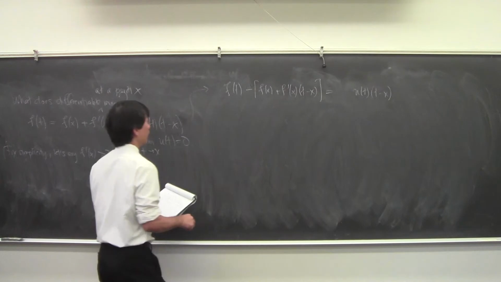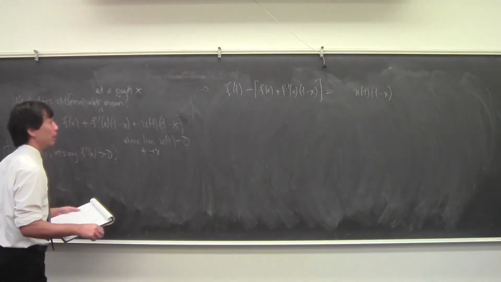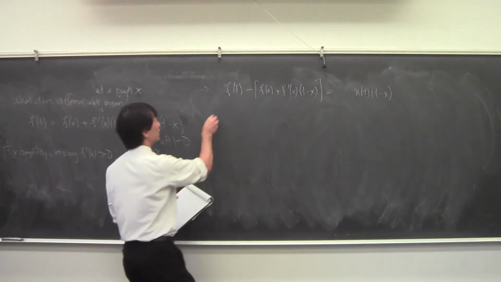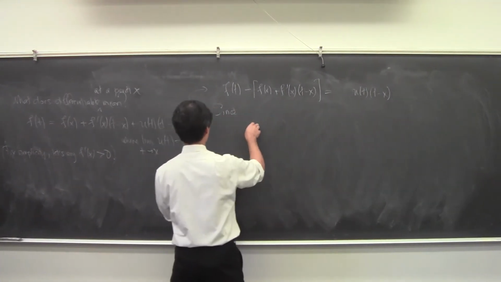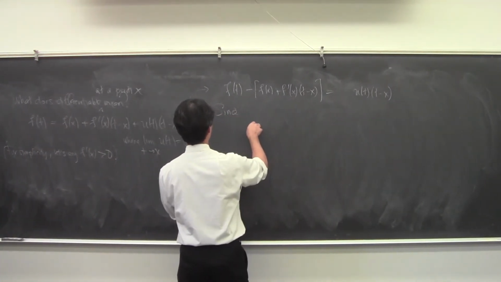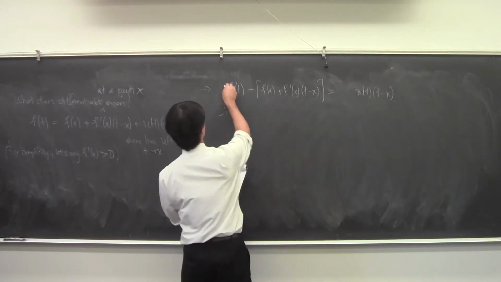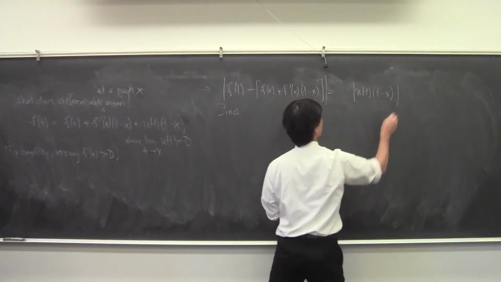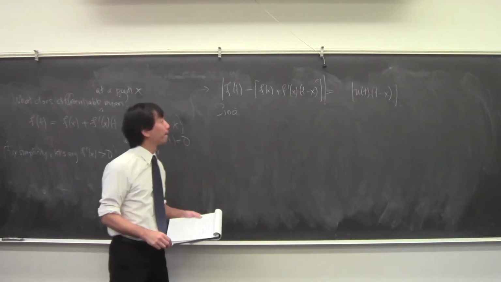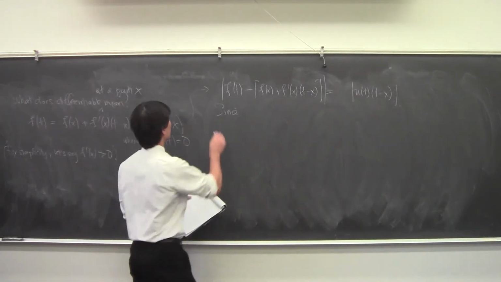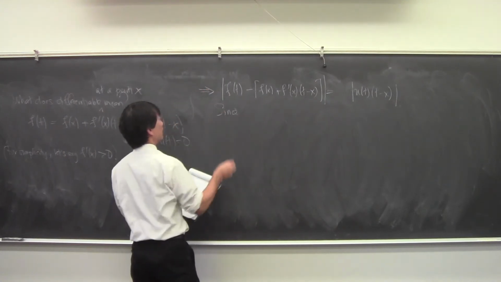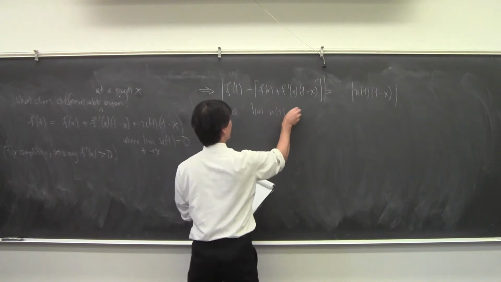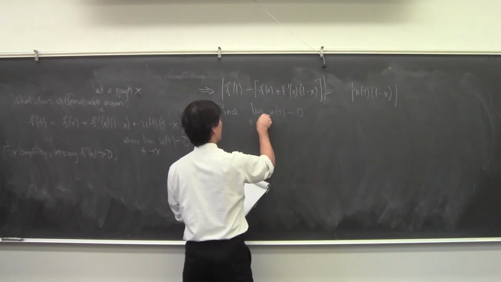So I'm going to take absolute values of everything. Okay. So since the limit of u of t is 0 as t goes to x,